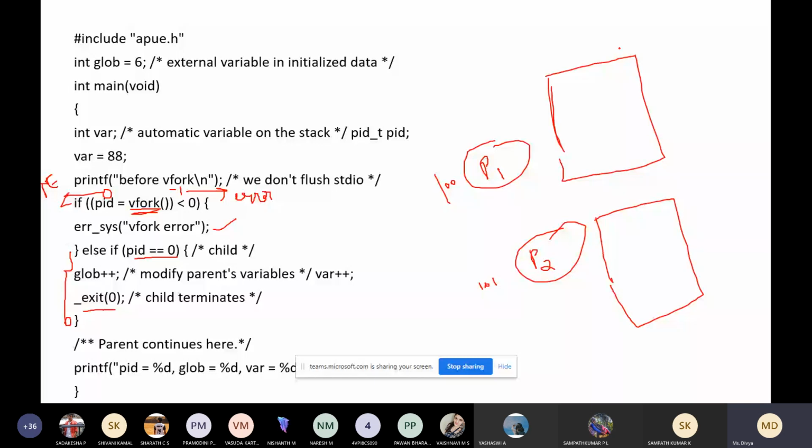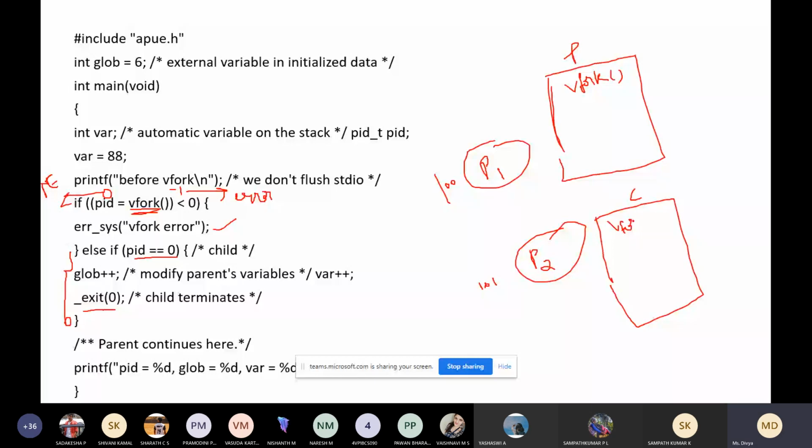So here we have vfork. When you call vfork, the parent will create a child. The child is a copy of the parent.